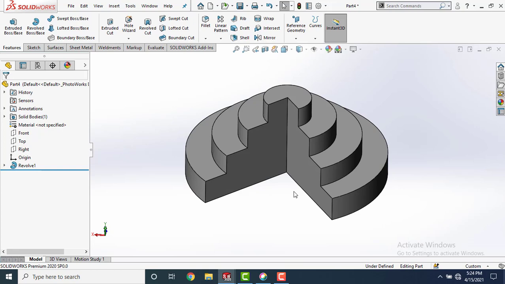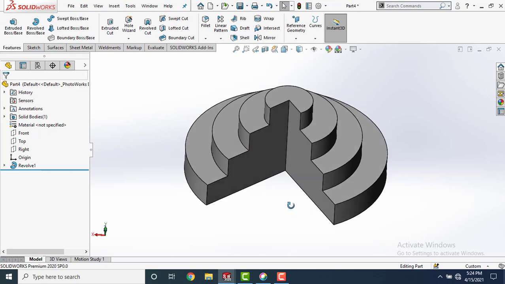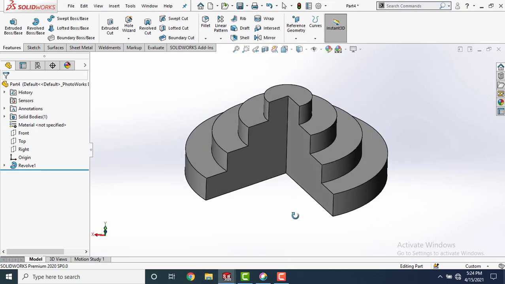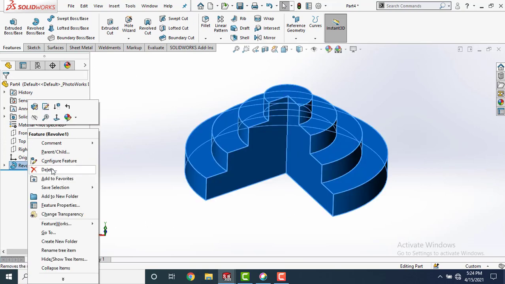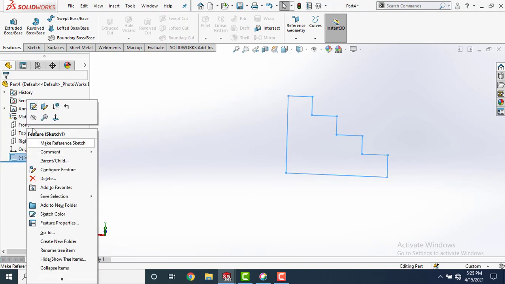As of now, I am assuming that we don't want a hole in the middle of this model. If you want a hole in the middle of this model, you have to edit the sketch. For this, I am just deleting this feature. Delete, yes. Let's make some changes in the sketch.